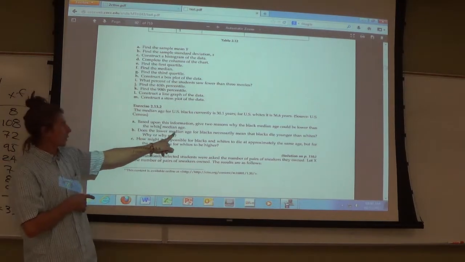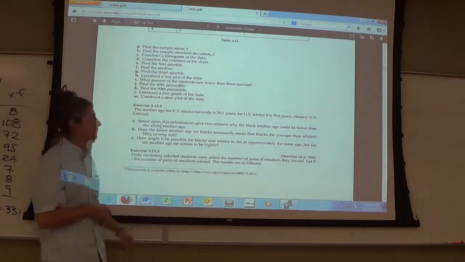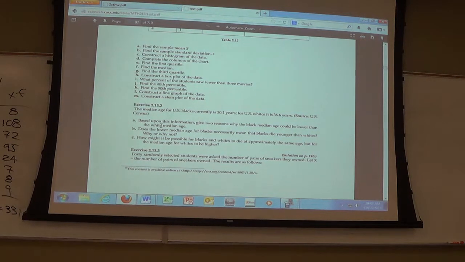Here it is. Does the lower median age for African Americans necessarily mean they die younger than Caucasians? Does it necessarily mean it? Not necessarily. Could it possibly mean it? Of course it could. If you have African Americans that are dying at an earlier age, or a higher rate, you can make the assumption, and this can be checked with data from the US Census Bureau, that it's the older ones that are dying off more frequently, therefore leaving behind a younger population, which would then shift the median younger. That's one explanation, isn't it? That's what you were getting at, Jen, I think.